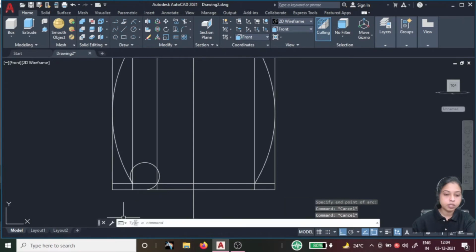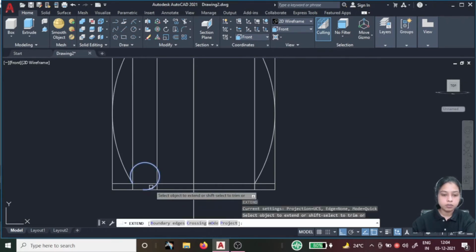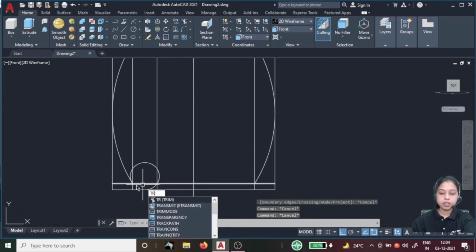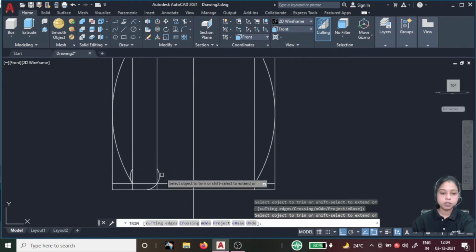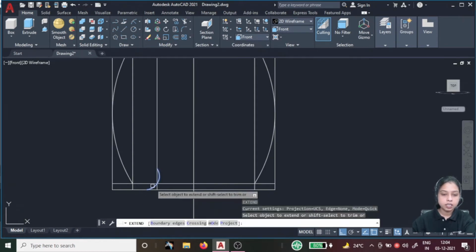Okay, this much, and follow the same procedure: EX, enter, extend this one. First trim the unwanted entities, this one and this one. Now go for extend again, EX, enter.